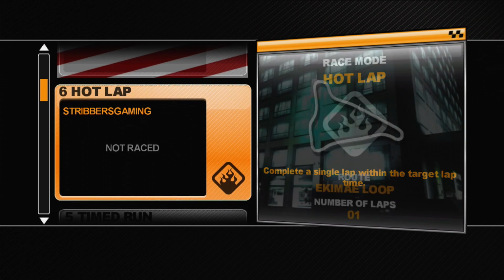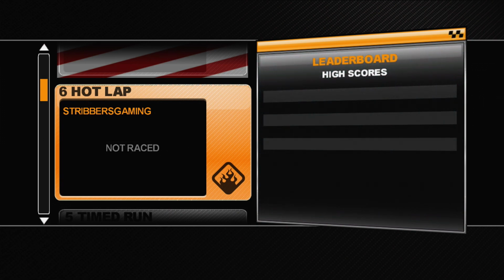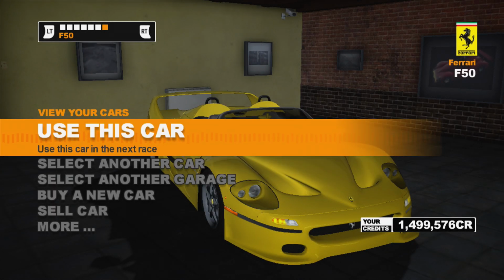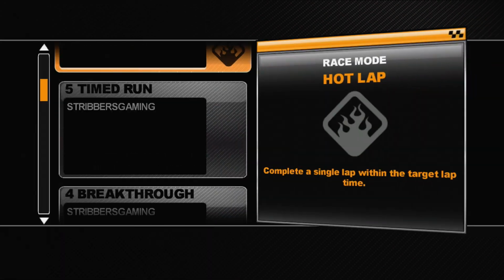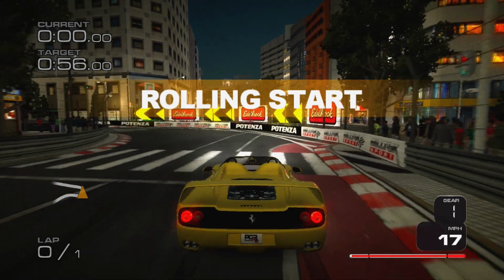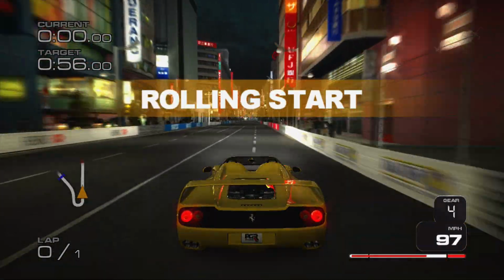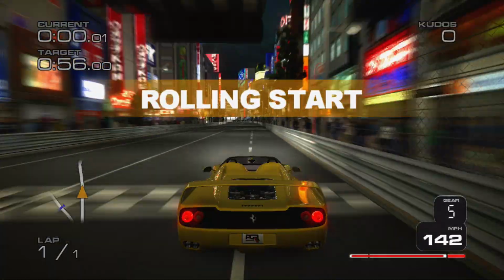So where are we for this one? I'm not even going to try and pronounce that. Something loop, Ekame. But I'm guessing this is it. Hong Kong? I've actually completely forgotten where this is going to be. Where does it say on there? Tokyo, not Hong Kong. Hong Kong was in PGR2, wasn't it? And 56 seconds is the target. So I'm sure this is our first race in Tokyo. It must be. And we're kicking things off with a hot lap. So...